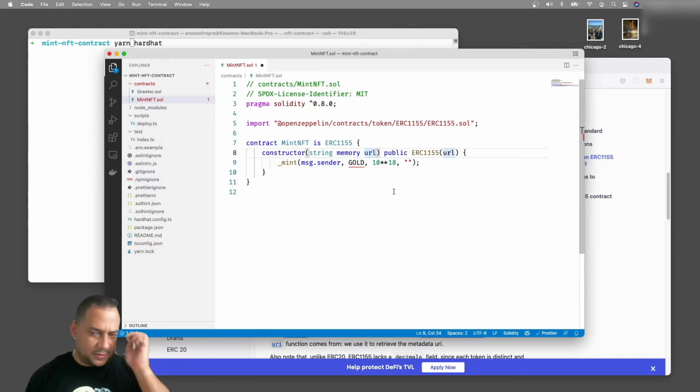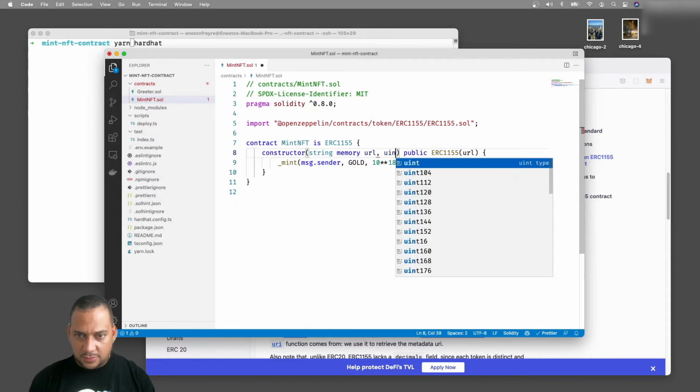Now, the second parameter that we need to specify is the quantities. Remember, in an ERC 1155 smart contract, a token will allow us to create different quantities for each token. So in the case of our tokens, the quantities are described in the metadata that we have in the UI. And so for that, we will have a new variable here.